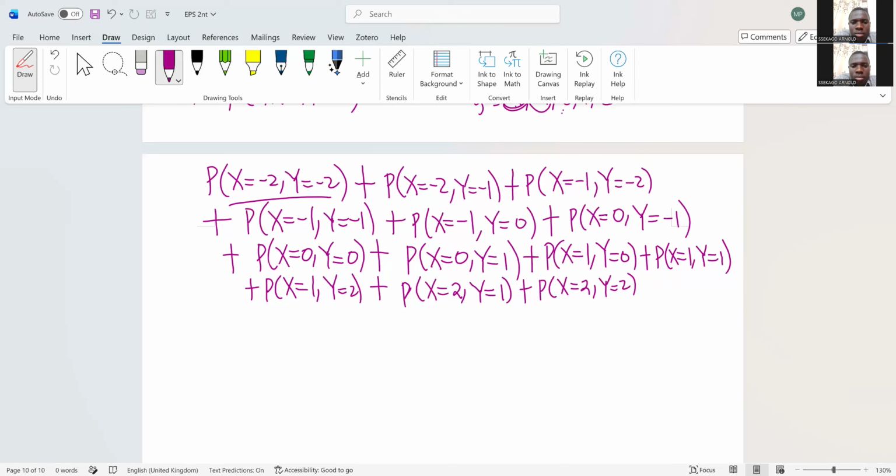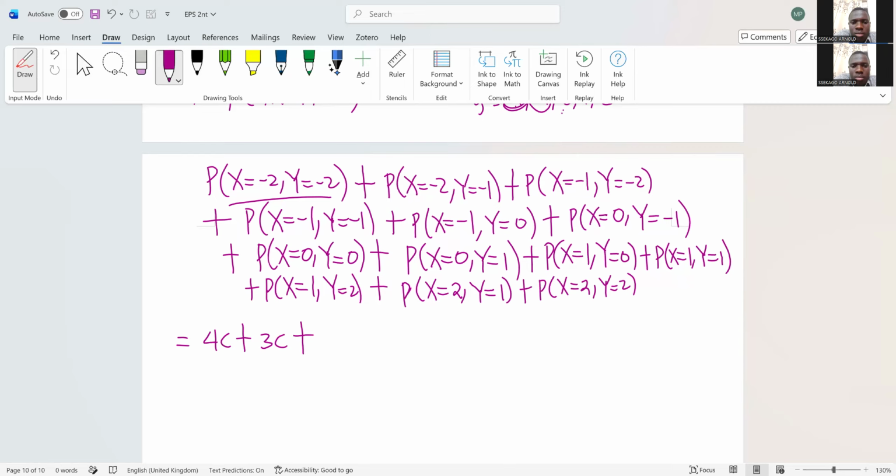According to the table, X is -2, Y is -2, that is 4C, plus X is -2, Y is -1, that is 3C,